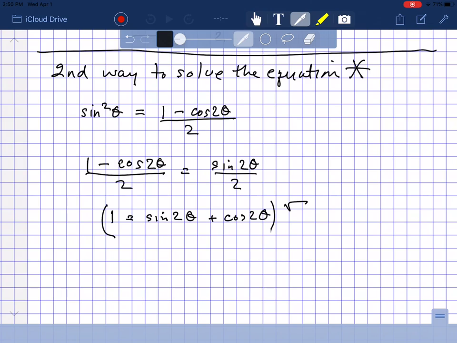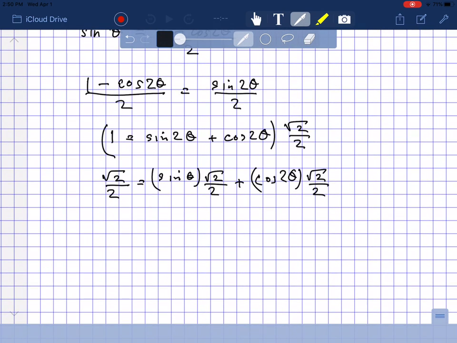Let's multiply this equation by the square root of 2 over 2. All right. And now, what do we know about this? The square root of 2 over 2, that's actually equal to